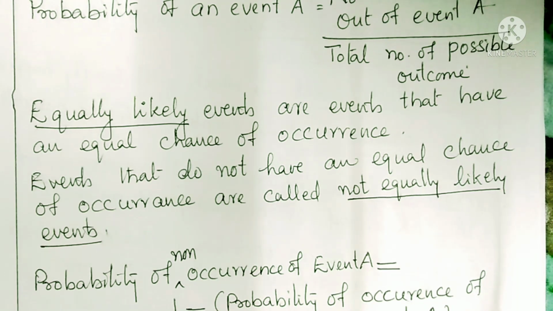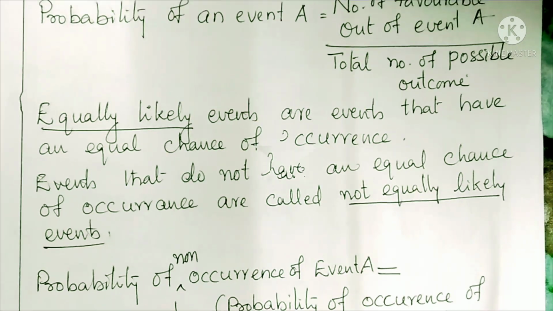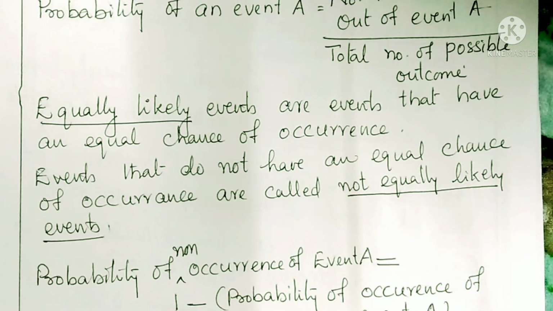Now, equally likely events, we say, are events that have an equal chance of occurrence. That is, when you toss a coin, you can get either a head or a tail. Both of them have equal chance. You cannot say that there are chances of getting more tails or more heads. Even if you throw 4 or 5 coins at a time, the chances of getting head and tail is